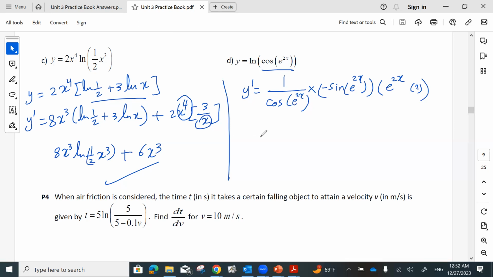A lot of things I did now. Yes. Now the answer is negative sine e to the power 2x over cosine of the same function e to the power 2x,